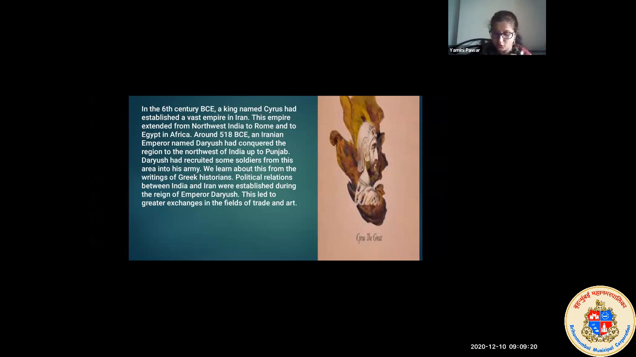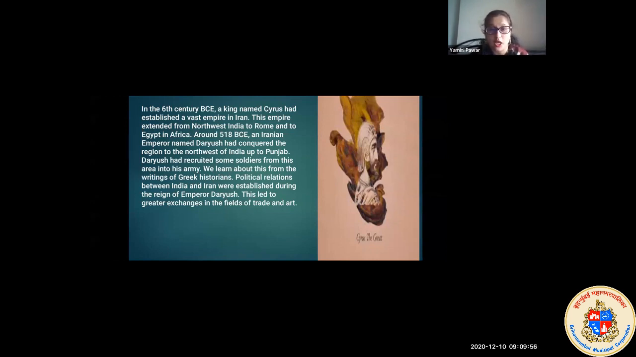Okay, empire. You know what is empire, no? Different states or territory coming under one rule. That's known as an empire. This was around 518 BCE. So children, what is BCE? You know what is BCE? BCE is Before Common Era. Before Common Era. An Iranian emperor named Darius had conquered the region to the northwest of India up to the